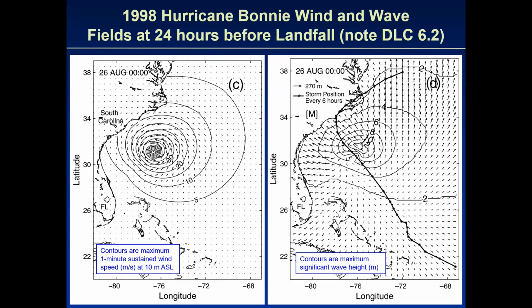So again, you can see the wind field and the wave field, and you've got the winds crossing the waves. This is a concern. One thing that has not been widely thought about, but that I saw early on in some of the literature, is that there's a lot of aerodynamic damping that can take place. Obviously, the rotor is parked and in survival mode and the blades are fully feathered during a storm like this. But in other tropical systems, and we'll see an example with Hurricane Irene, which I'll show at the very end of this topic,